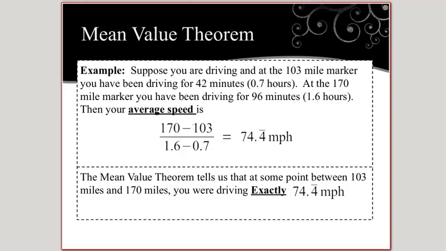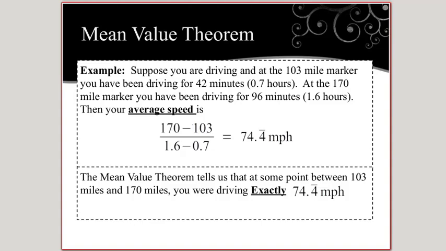Now what the mean value theorem says is that the instantaneous velocity, because that's what we talk about when we're talking about the derivative, the instantaneous velocity somewhere on that trip must have been exactly 74 and 4/9 miles per hour. Now this is essentially, I guess, the method that police could use. If you've ever been driving through long stretches of the desert or the plains of the United States, you'll see signs that say speed is monitored by aircraft. And what they could be doing, I haven't verified this, is using this principle, saying that